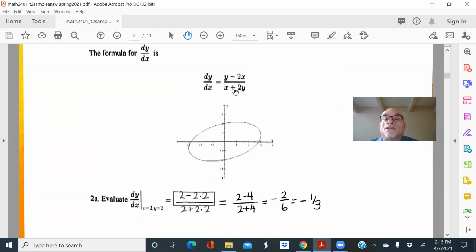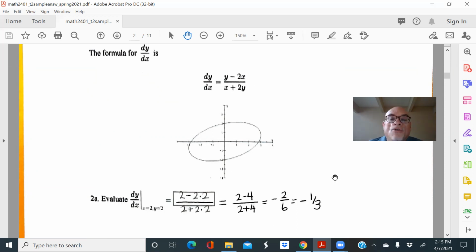Notice in this formula, you need to have not only a value for x, but you need to have a value for y as well. So that's why when we're asked to evaluate the derivative, we're given a value for x and a value for y. So we just plug 2 in for y and 2 in for x, and do the arithmetic, and you come up with minus